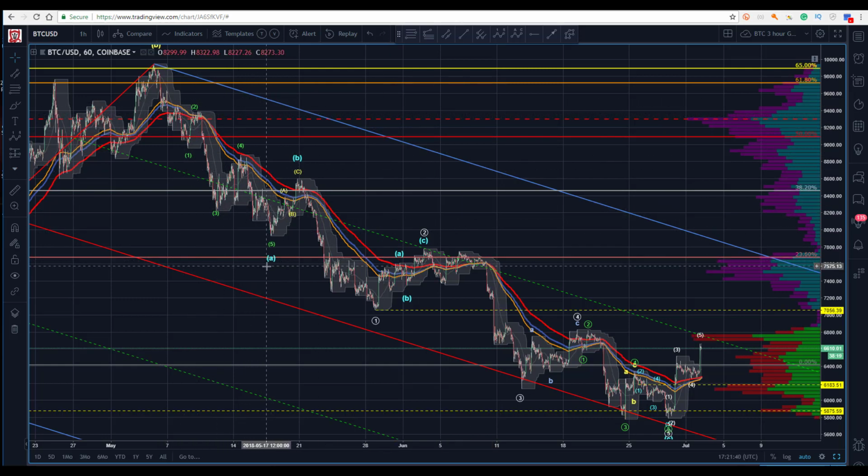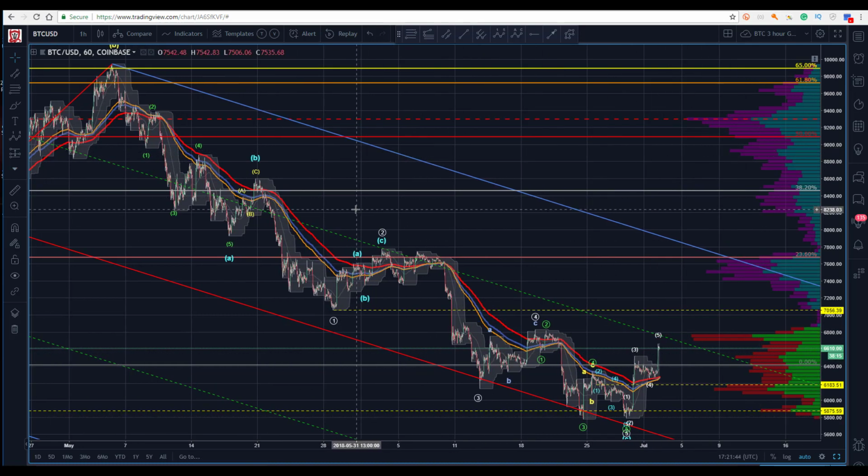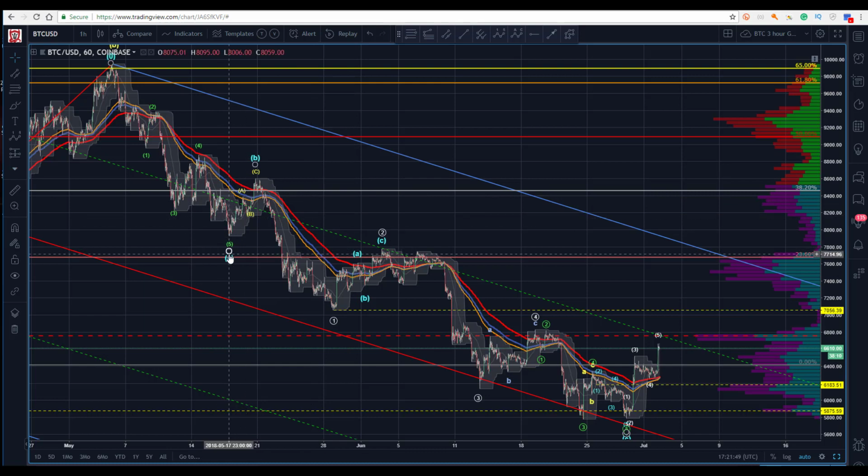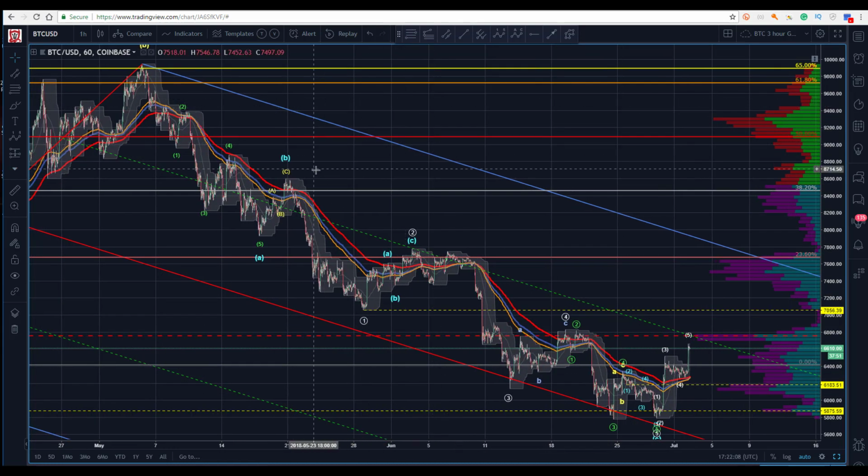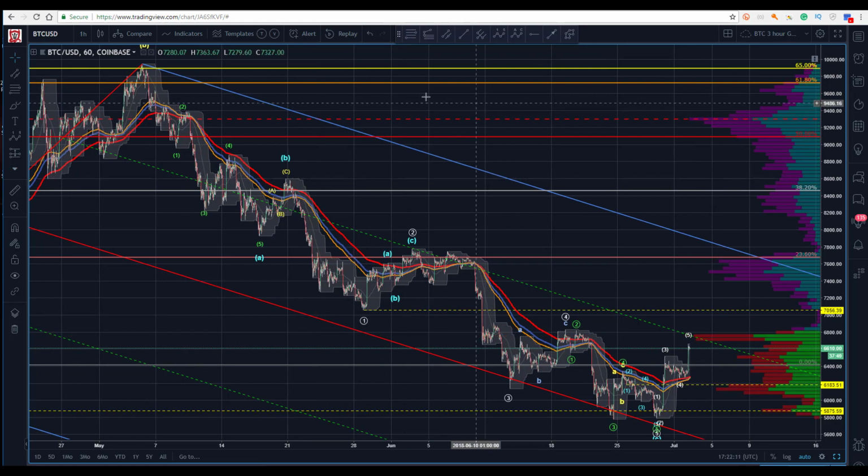Now I'm working here down this, and I've shown this before, so we're working off of the idea here that I have an A, B, C. Now I'm quick to tell you, I don't love the symmetry there. It's not ideal, but I don't see any other way to count it that would make sense. But I can't ignore this 5, so that's either a 1 or an A. It's a nice little three-wave B here, but the symmetry of the C relative to the A is not ideal, particularly given the shallowness of this B.